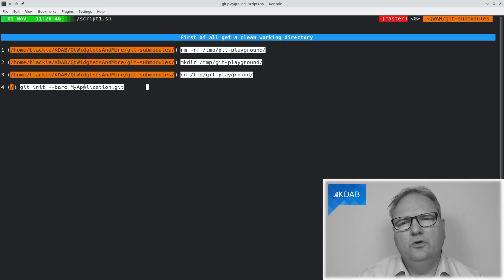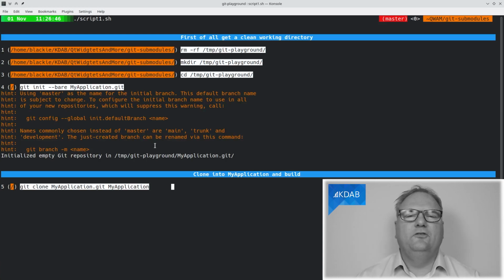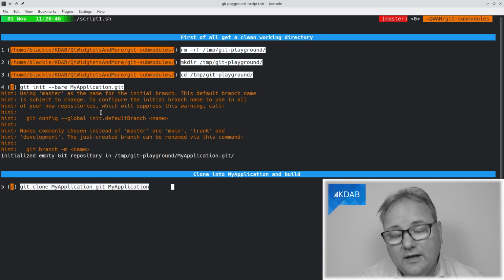I want to show you an enormous amount of Git commands, and the most useful way of doing that, if you want to play with Git yourself, is to simply create a new repository. So I'm creating one here, git init --bare. That's one where there isn't anything checked out, and I call it myapplication.git. It will spit out some messages to me here in standard output, and you can see that typed in there. I created that repository now.